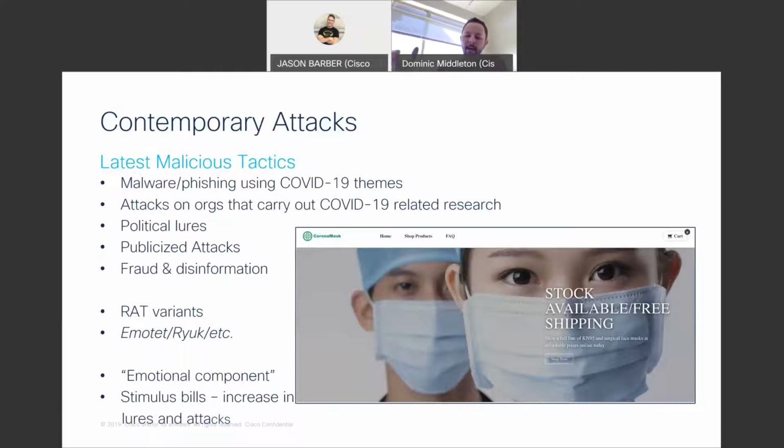At this point, you and I are not trying to stop these bad guys. We're not going after them proactively to stop what they're doing. We're trying to protect the users that see some of this stuff. They have that emotional component. They think, I need my stimulus bill. I got to pay my rent. I got to get masks for my kids. I have to make sure the other political guy doesn't win the election, or whatever it might be. All those things go through their head. Oh man, I'm going to click on that. I'm going to do something about it. They click and they get hit.